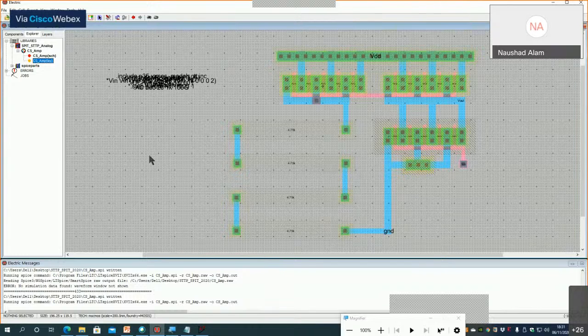When you put your circuit on a piece of silicon, all the parasitic capacitances and resistances